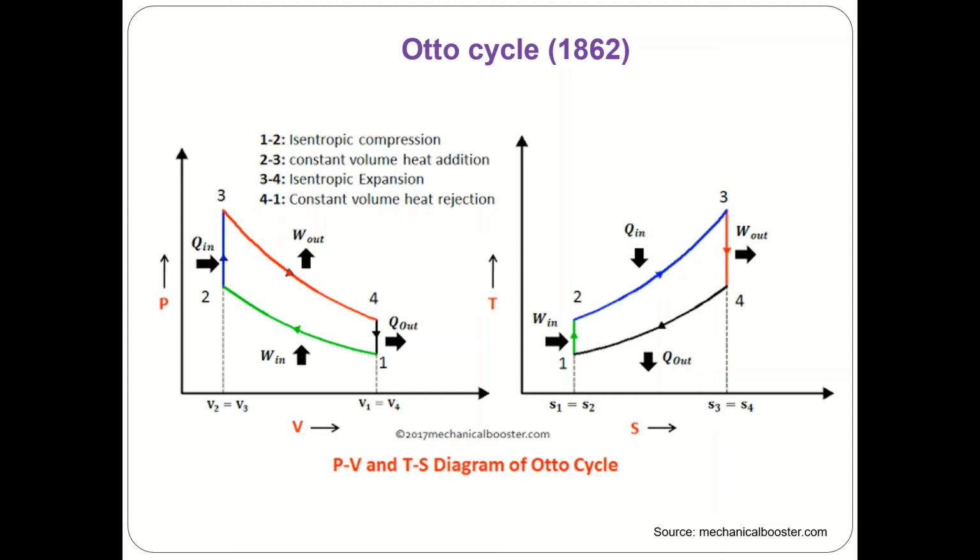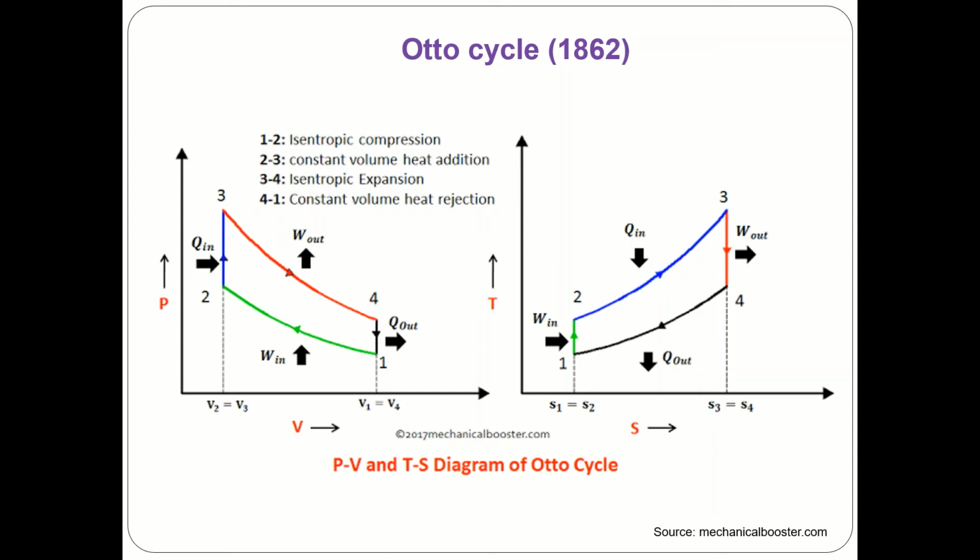It is also a reversible cycle. So all the processes in this cycle are reversible processes. So 1 to 2, as I told you, is an isentropic compression, during which the air which is present inside the cylinder is compressed adiabatically, right. So there is no exchange of heat from system to the surrounding or from surrounding to the system. Then the second process 2 to 3 is the heat addition process, in which the source is brought in contact with the cylinder head.